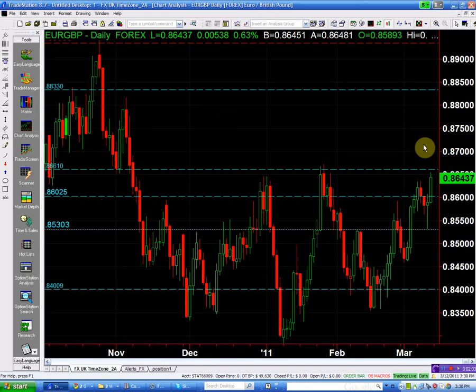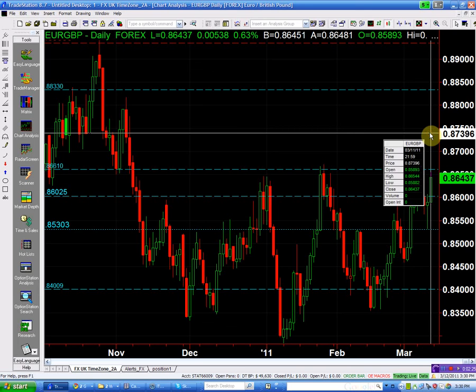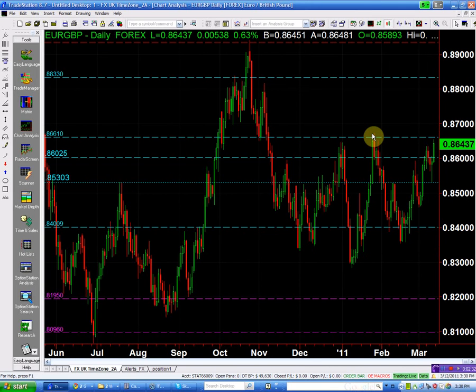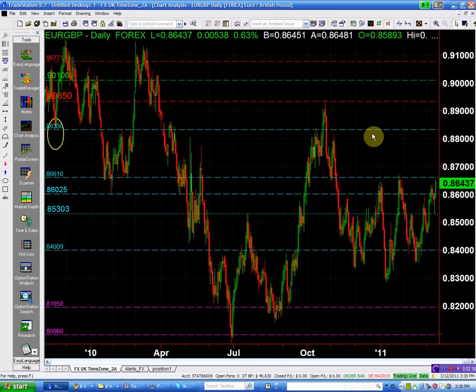So with that, if I'm looking at the euro and the pound, I'll be looking to be a buyer of the euro. I'm expecting it to continue higher, and the close that we have here of 86.47 is a pretty decent close. It is a close that would encourage us or imply continuity. And the next structural point,